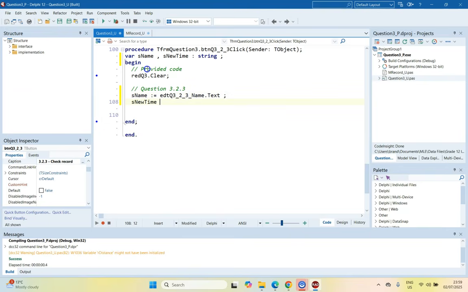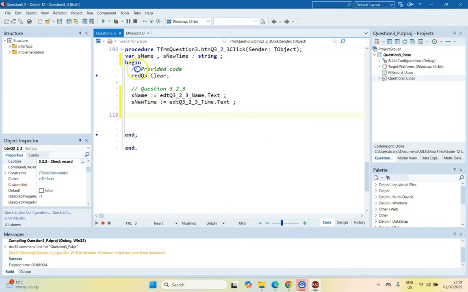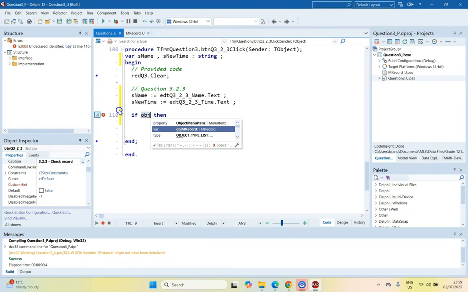And the new time we're going to get from EDT time text. So we've got our two inputs. Now I need to check if this time is the better time. So if it is, we can say if my object, remember we need to make sure that we use